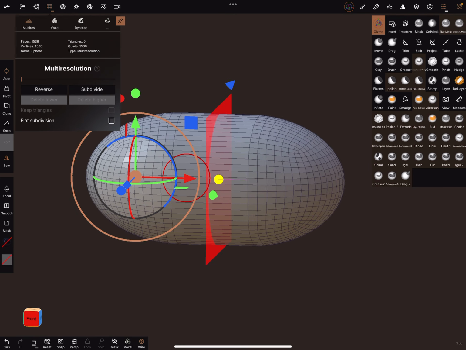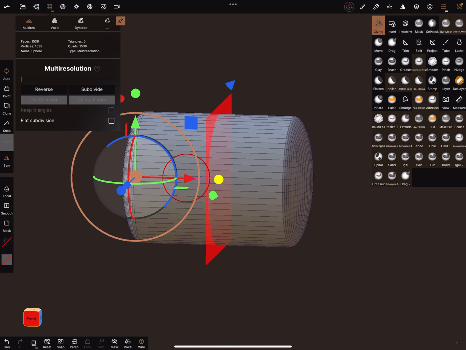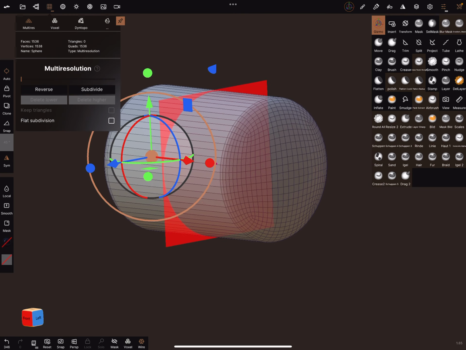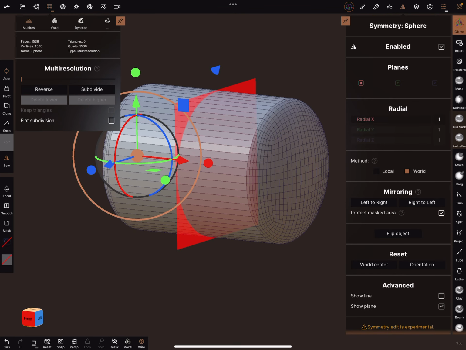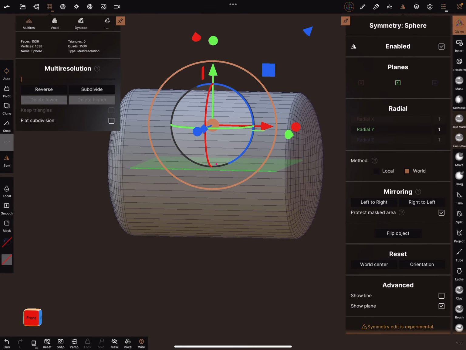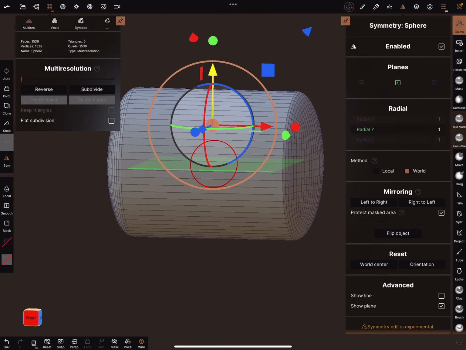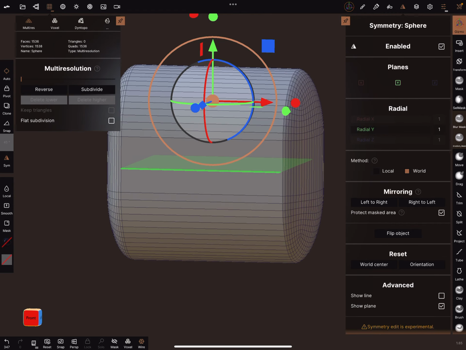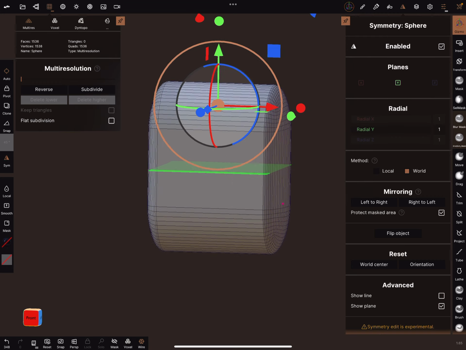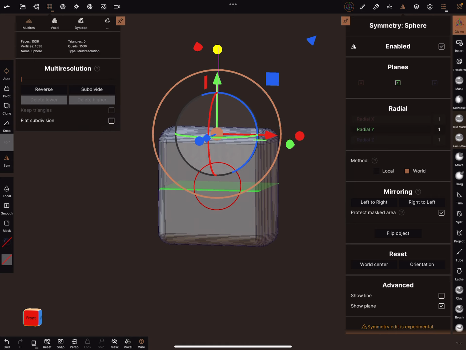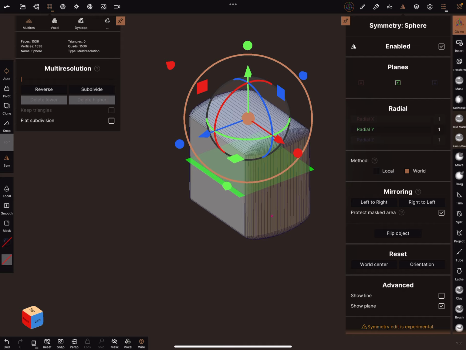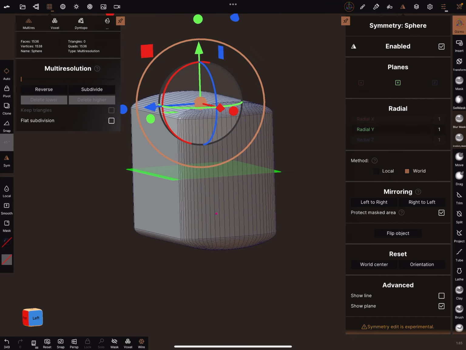And you can adjust it here. Flatten it and do such an object. And you can change the planes. Adjust it a little bit. Use the symmetry. And you can flatten it. Okay.